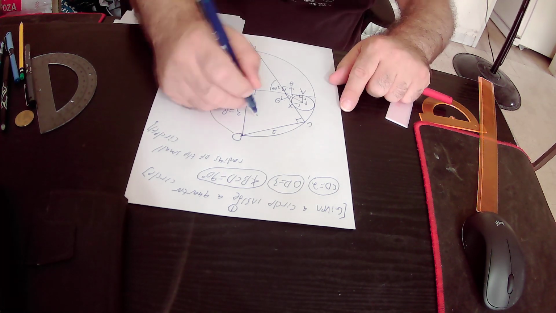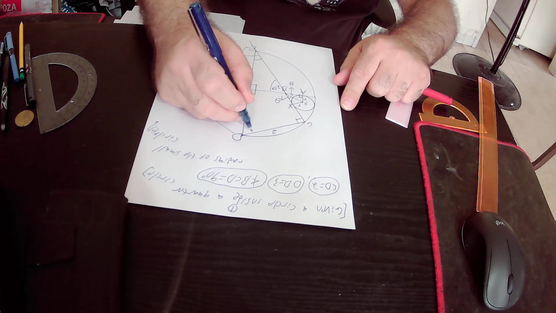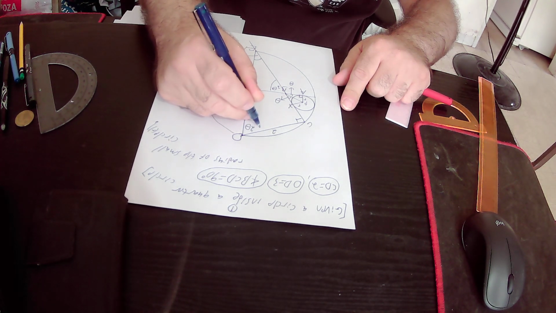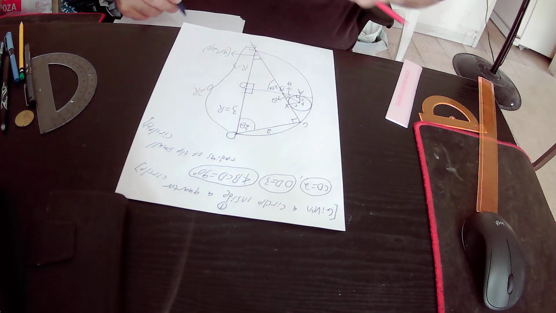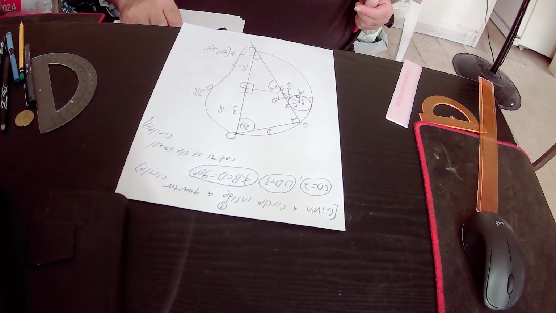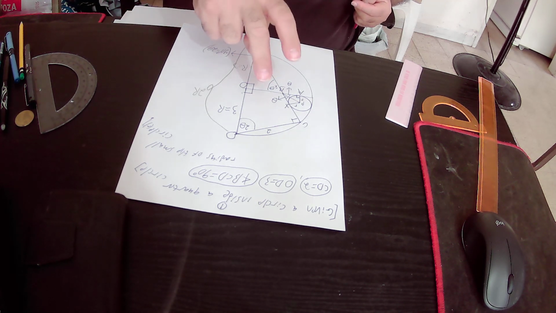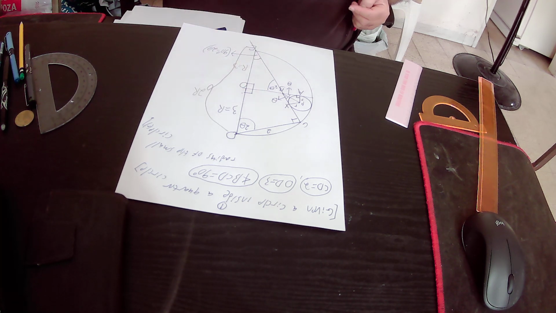So this angle equals 2 theta. Okay, so we will continue to focus on the right triangle ECD. On the right triangle ECD,